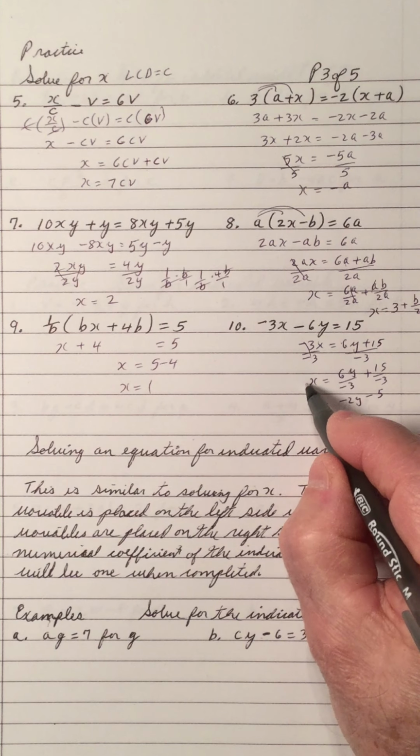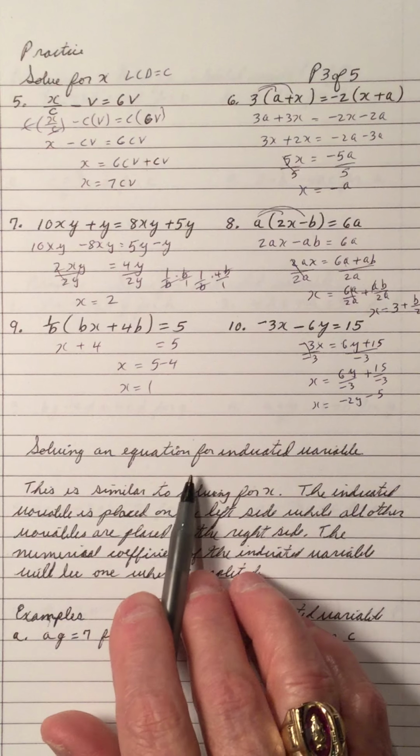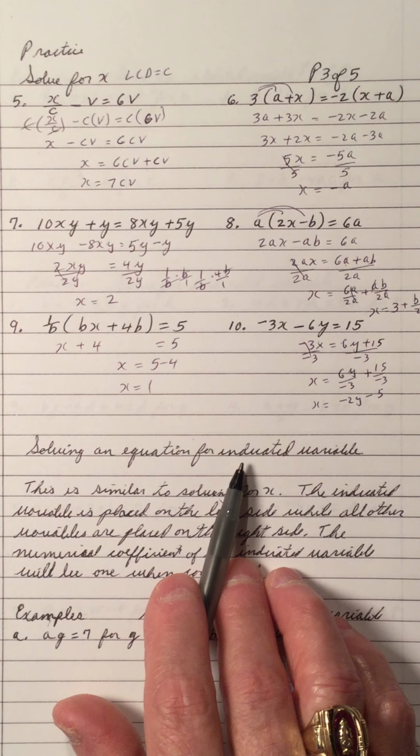You have to have a 1x. Now let's continue. Solving an equation for an indicated variable. All the ones we did just then were solving for x, having x on the left side. Now when we solve an equation for a certain variable,